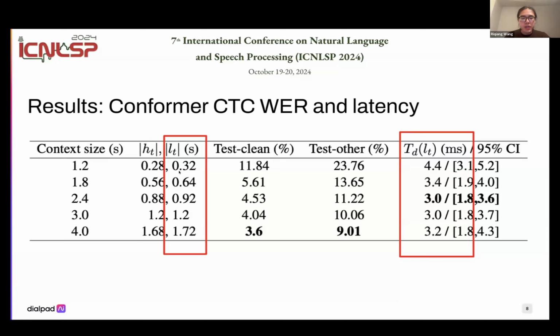So here we can see that as the right context, the lookahead, increases, the decoding time of the right context of the lookahead actually slightly decreases. Basically we achieve the same amount of latency improvement as the duration of the right context. And by increasing context, of course, we achieve better word error rate compared to